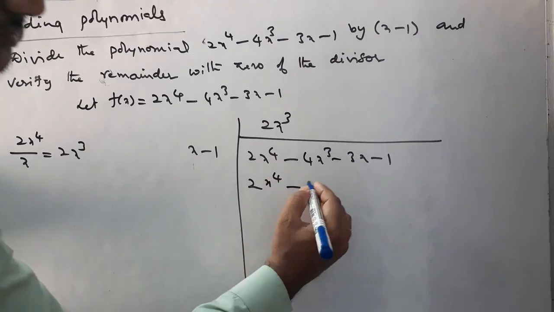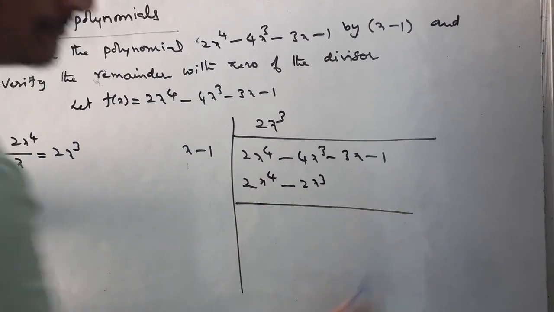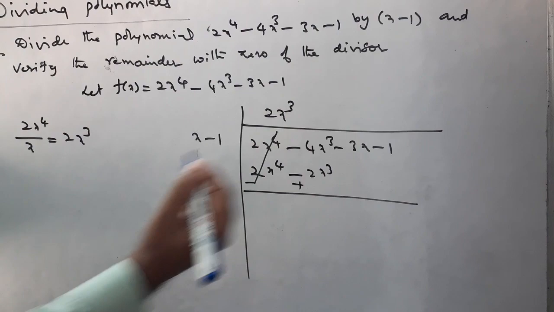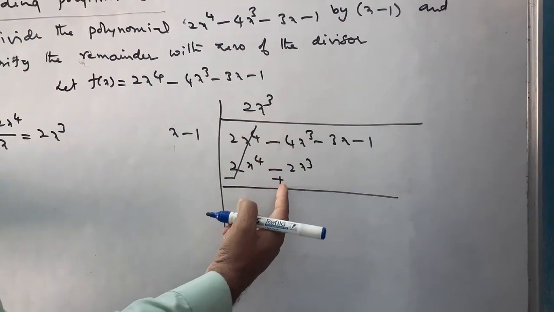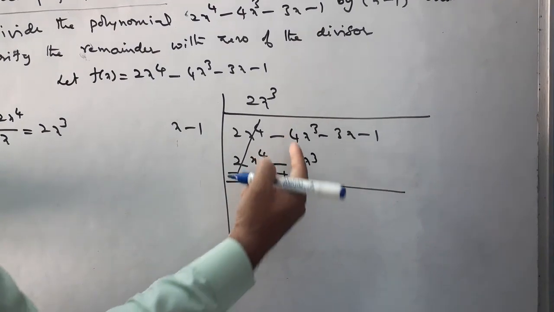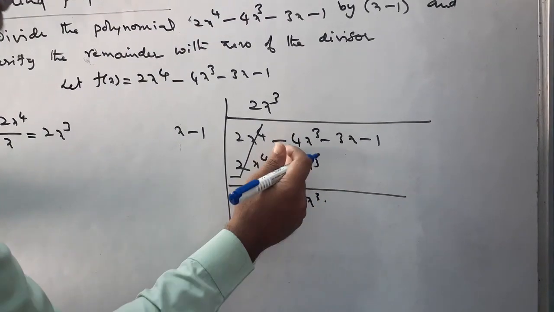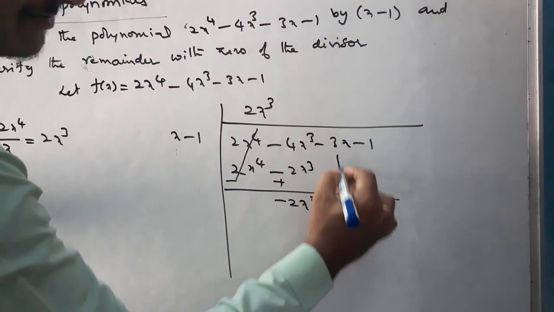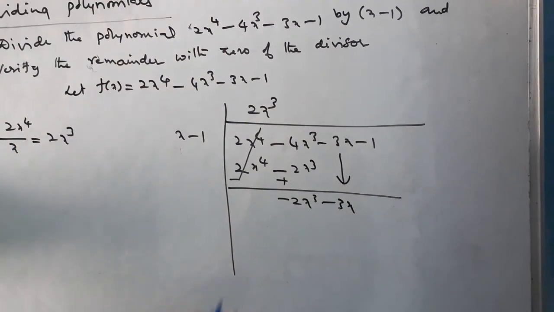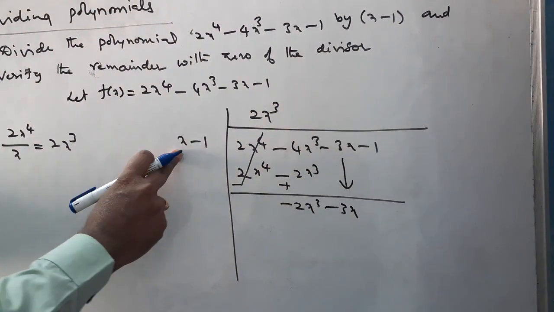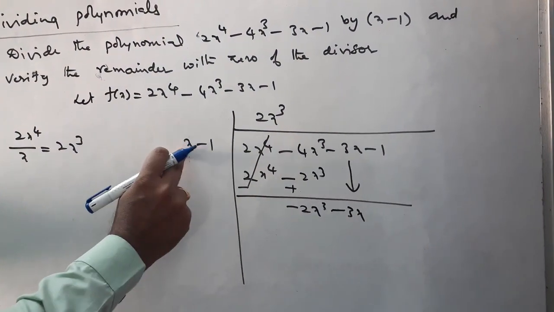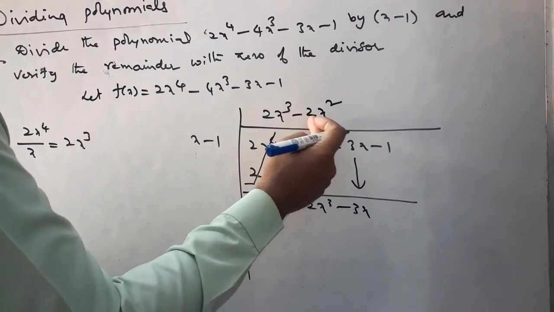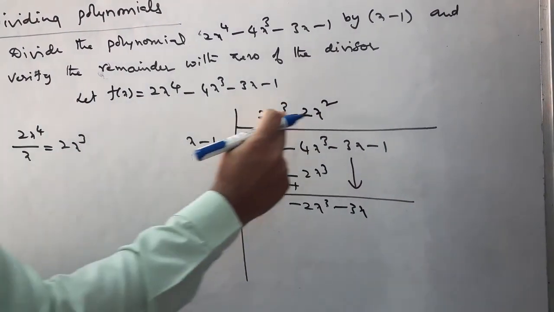minus 1 into 2x cube, 2x cube. We have to subtract, so the signs will change, plus becomes minus, minus becomes plus. These both will be cancelled, minus 4x cube plus 2x cube, so 4 minus 2 means minus 2x cube. We have to bring down the minus 3x. Again we have to take minus 2x cube divided with x, we will get minus 2x square. So again we have to multiply minus 2x square with x, plus into